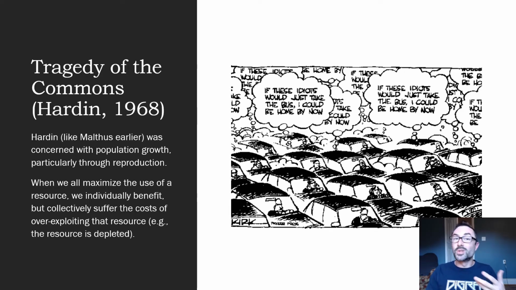So are you reliant on the roads? Probably, because there is no public transportation infrastructure here. We are reliant on the commons of the road, so everyone sort of has to use it, so everyone decides they're going to buy a car. But the costs of exploitation are borne by all of those to whom the resource is available. We all get stuck in traffic because everyone decides to buy a car, because we need to use the roads